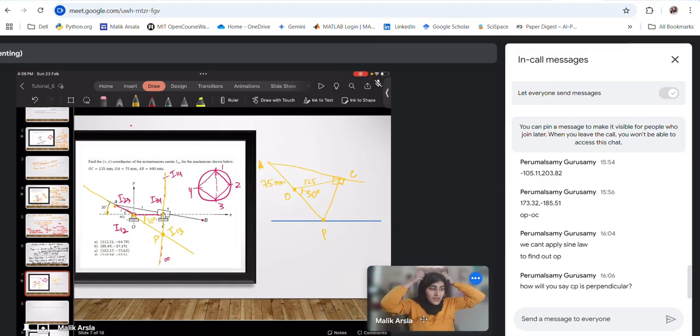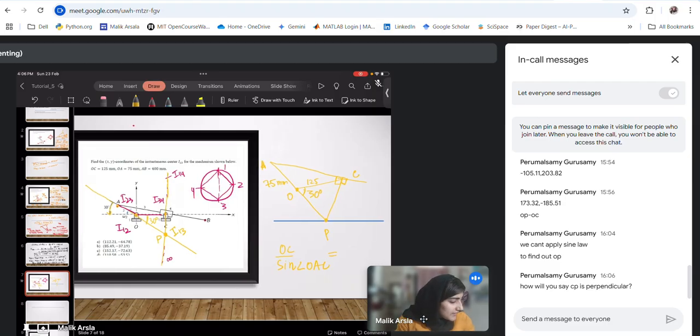Now here you can apply the sine law. In this triangle OAC, you can write OC upon sine of angle OAC is equal to AC